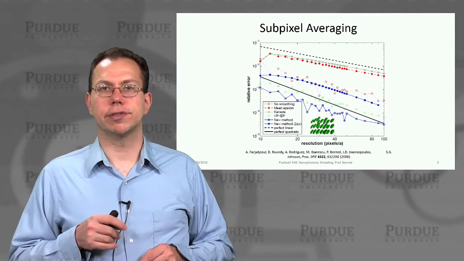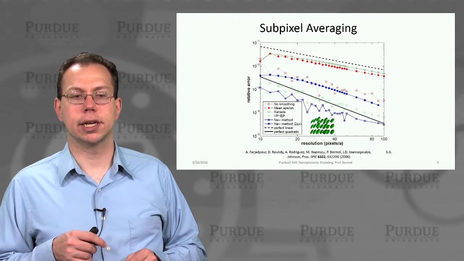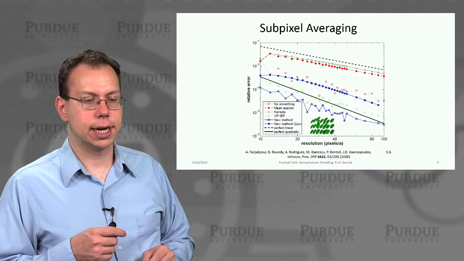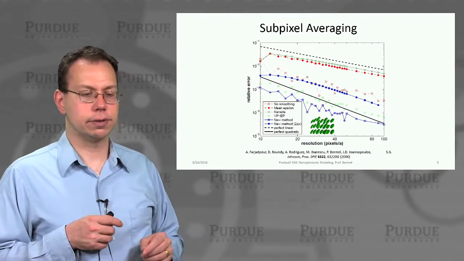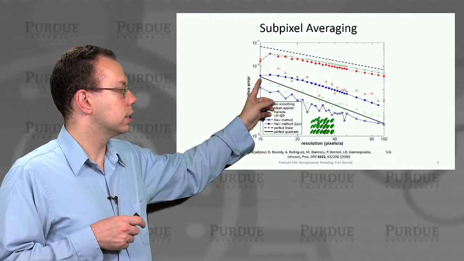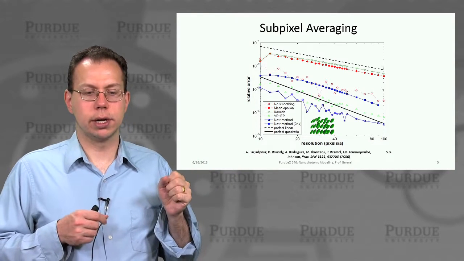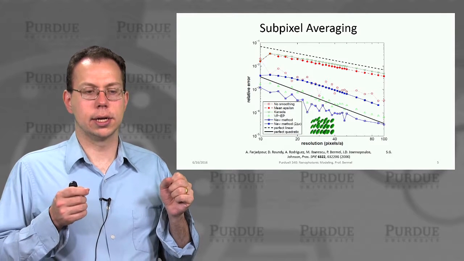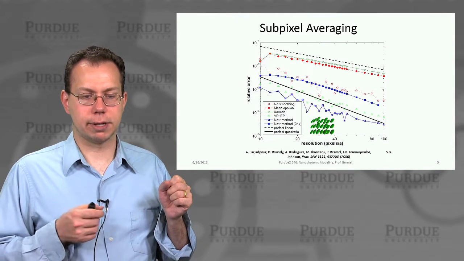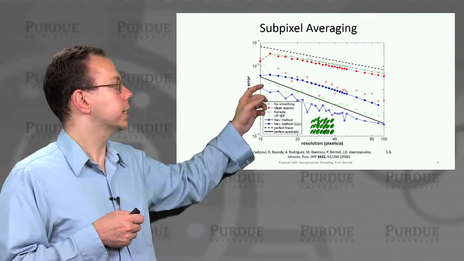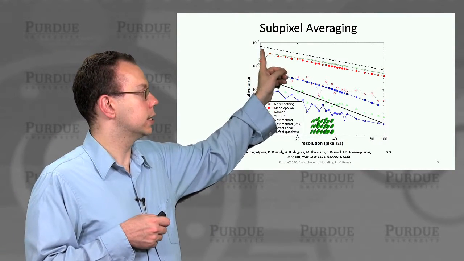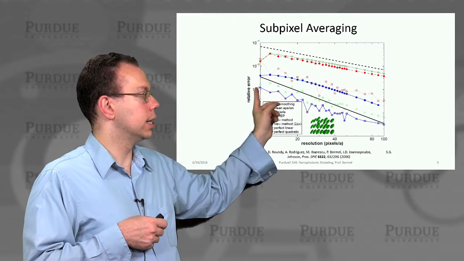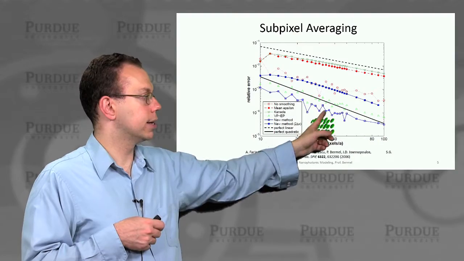Another feature that's very helpful for this kind of system is subpixel averaging. This is an example showing the value of subpixel averaging. Of course, I told you before that the resolution should go as 1 over delta squared, so the errors should also drop very rapidly. If you look at just these lines here, this is the linear error as a function of resolution in dotted line, and then the steeper slope here, in black, is the quadratic.